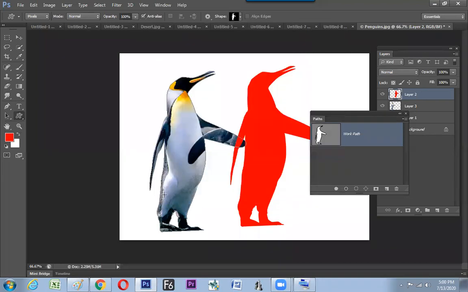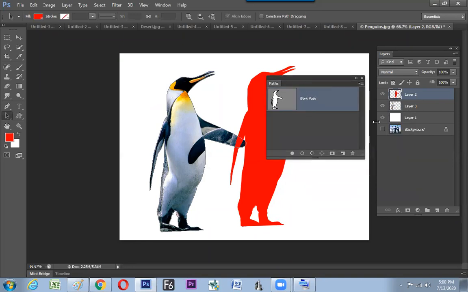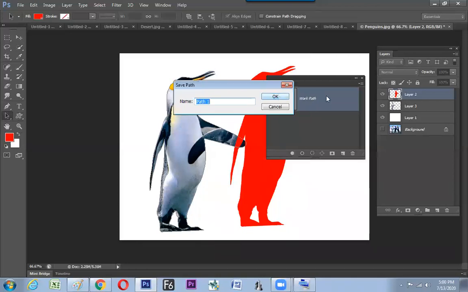Work path is nothing but your selected path. If you mix something, the work path will collide with the previous selection and new selection. If you want, you can do it. If not, you have to make a new shape here. You can rename it, and it will not collide.